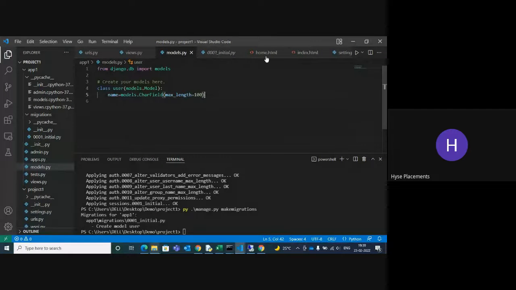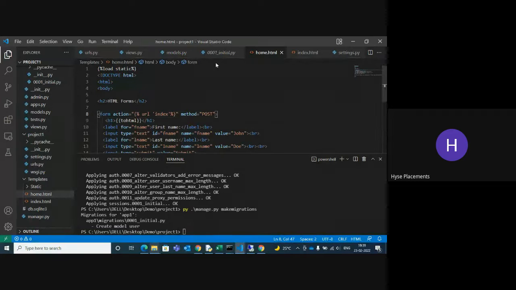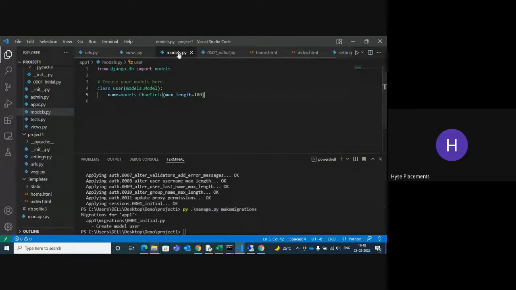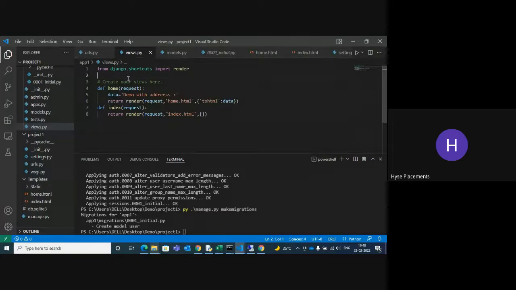And next you go to your views page, and import your files. First of all, in this folder level, it is the same level, so you can directly import, or otherwise from app one import models.